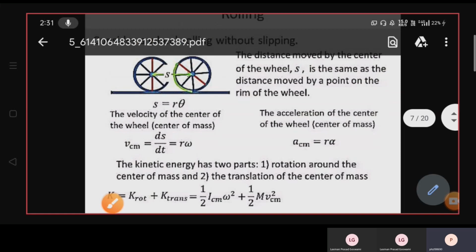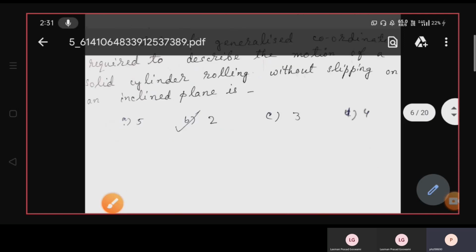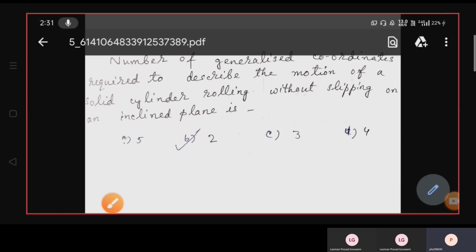So here, we don't need so many things to describe the generalized coordinates. We have to know that S equals R theta. So if we find out the R, and if we find out the theta of the particle at a certain instant of time, we can describe its motion. So we need only 2 coordinates, these are called the generalized coordinates, to describe the motion of the solid